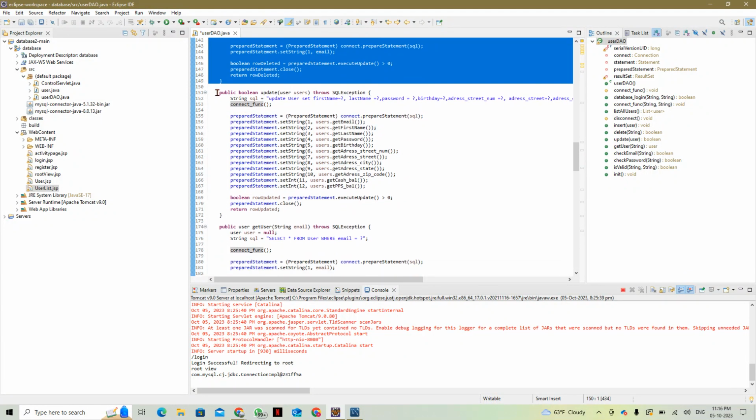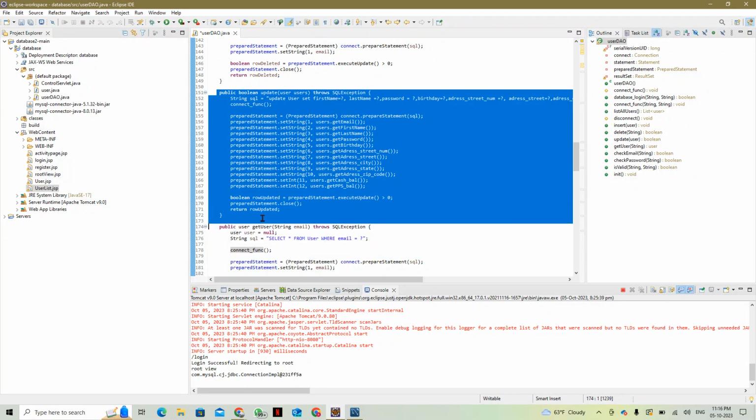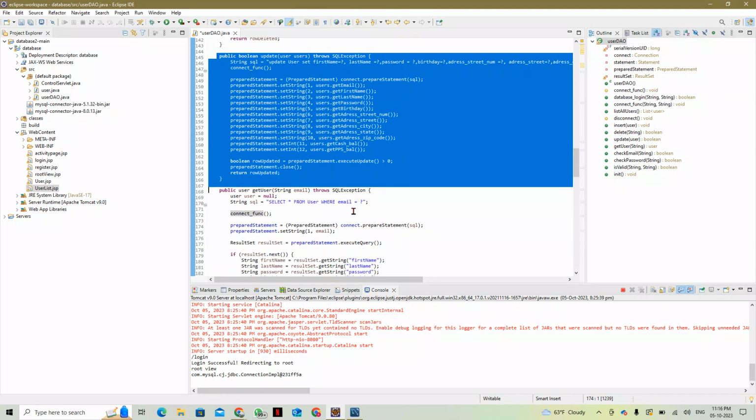And these lines are used to update the database over here. We can update each and every email, the first name, the last name, the password, the birthday, address, and the street address, also the city. Everything can be updated over here using this command. Then moving on,